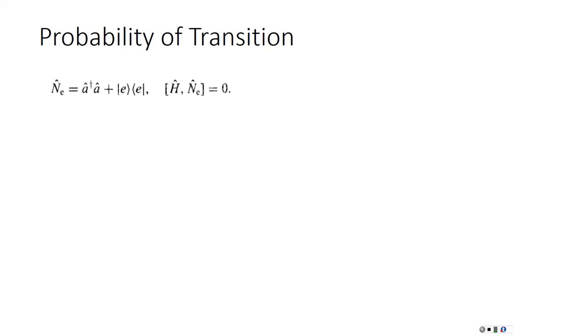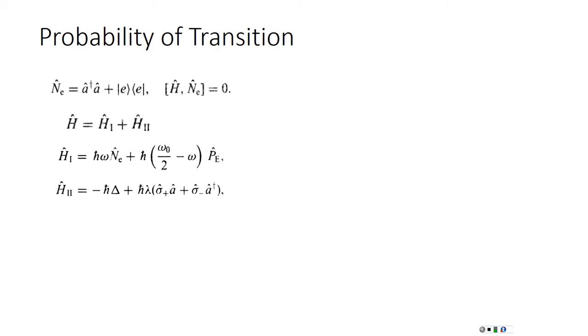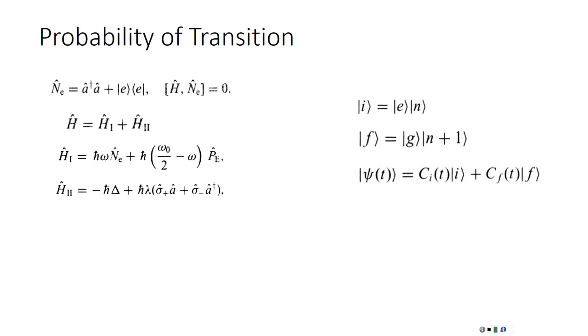And then if we want to calculate the transitions, first we consider another operator. This is called the number operator, I guess, and it will give us the number of photons in the system. And we want to divide this Jaynes-Cummings Hamiltonian into two different Hamiltonians, H1 and H2. These two Hamiltonians are defined by this one, H1 and H2, and both